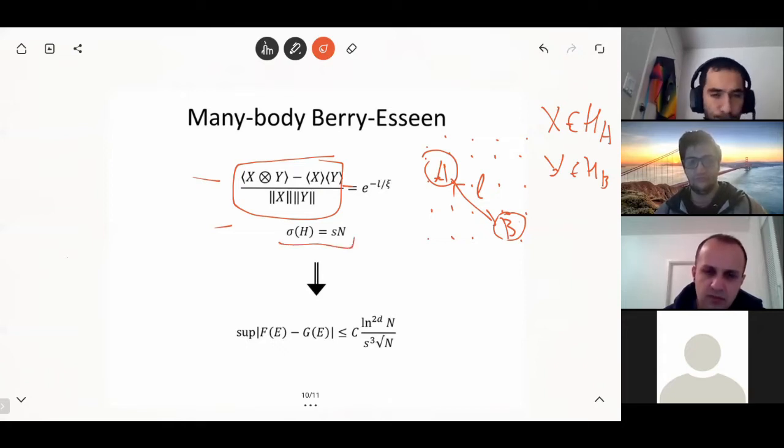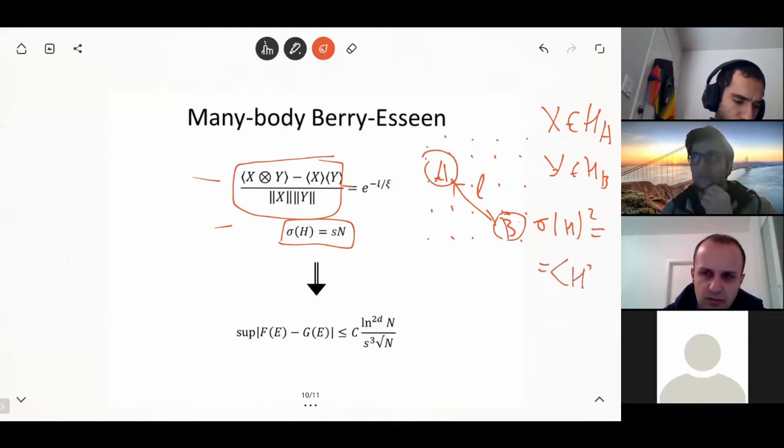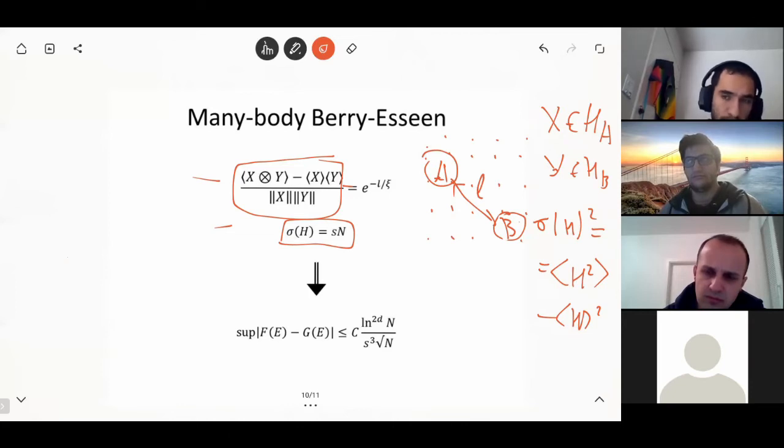And the second condition is this, which is the standard deviation of the Hamiltonian. Basically, we define sigma_H squared as the difference between this thing. So it is the standard variance definition here, and then we require that it should be proportional to N, where s here is some proportionality constant, right? So basically, these two requirements fix a many-body system which is not at a phase transition, right? Correlations decay exponentially, and the variance of the Hamiltonian